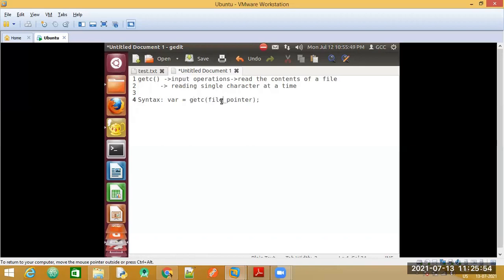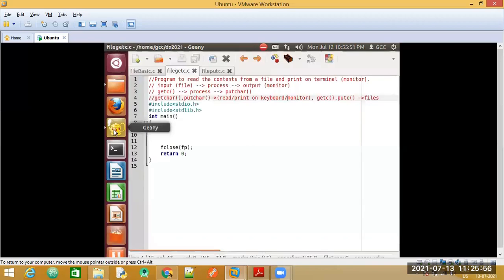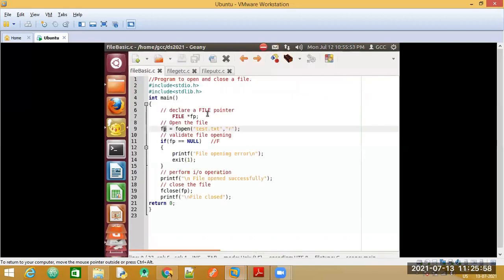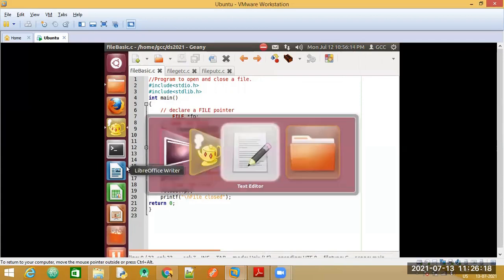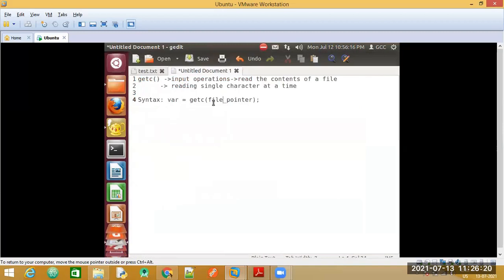In yesterday's session, we saw an example where we declared a file pointer, and this file pointer points to one particular file or document. Here, the file pointer fp is pointing to the document test.txt. When we come back to the getc function, the same file pointer, which we have already declared, is going to be passed.